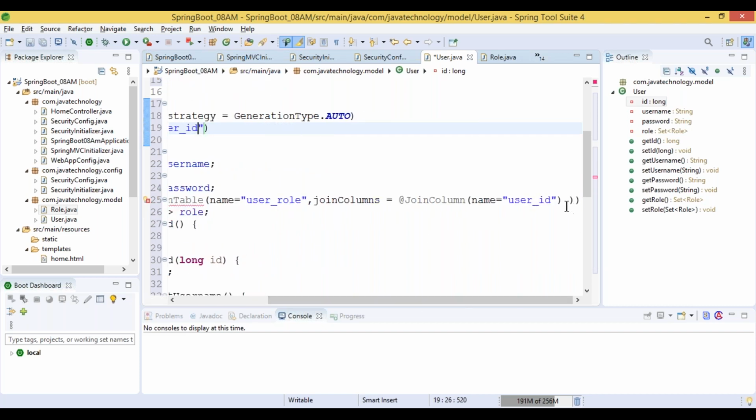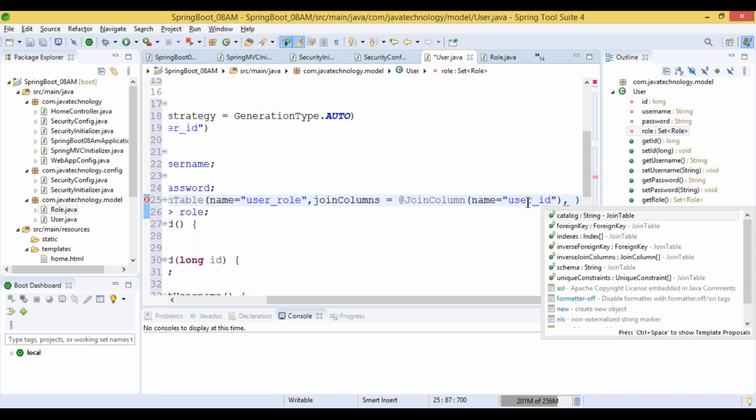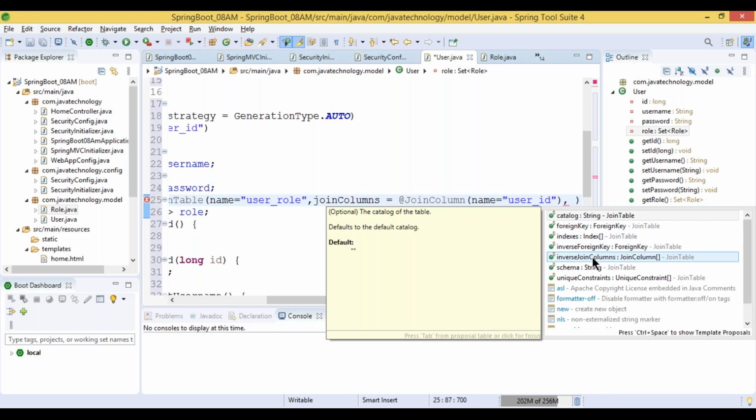After that, we need to provide the inverse join column. Inverse join column is nothing but, since we are joining the user table, we give the information of the opposite table, which is the roles table. For this, just press control space and we will see inverseJoinColumns. Got it? We need to use inverse join columns.